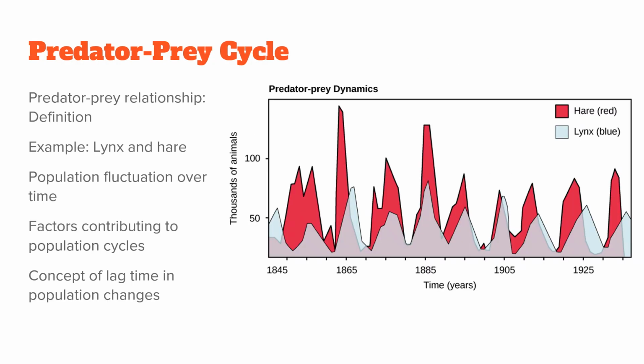When the number of prey increase, predator numbers often rise after a lag. As predators become more abundant, they reduce prey numbers. As a result, predator populations then decline, allowing prey numbers to rebound. This slide shows the classic example of the lynx and the snowshoe hare. The key idea is the time lag between prey availability and predator response.